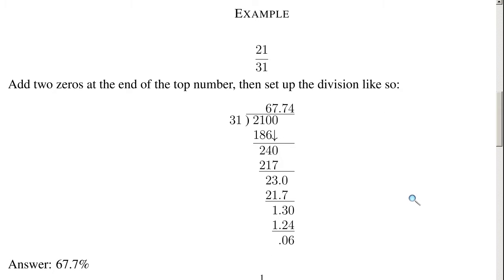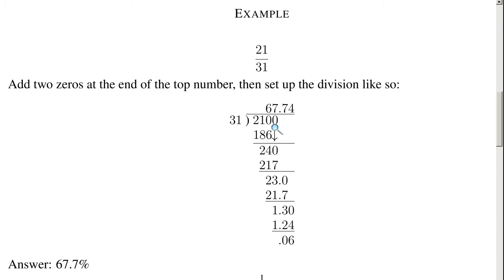Next example, 21 divided by 31. How do we convert that into percent without using a calculator? Well, follow the same steps as last time. You take your numerator, 21, you add 2 zeros at the end, you put it inside of this bracket, and then you take the denominator, the 31, you put it outside the bracket here, and then let's take a look at what we've got. 2,100